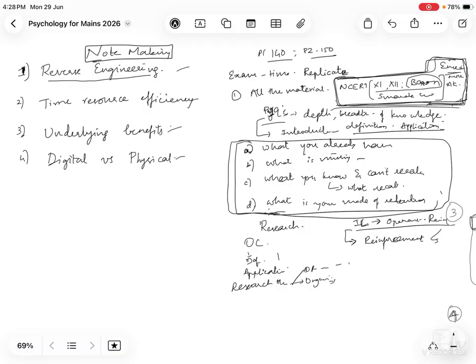तो ये किसने बताया था? How did psychologists come up with that? And what are the applications? So there is a mechanism that is there in Byron. So uska I forgot the name of the psychologist. Hence the revision notes about these things. So this is going to be the format.